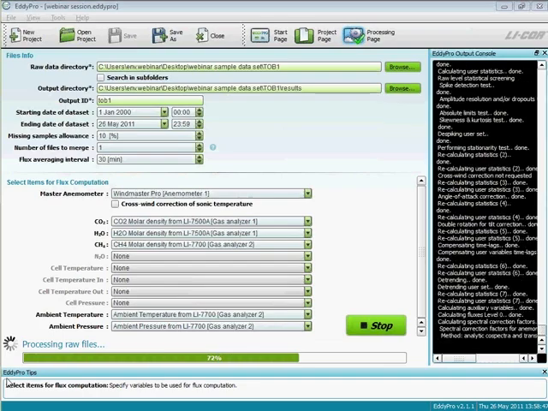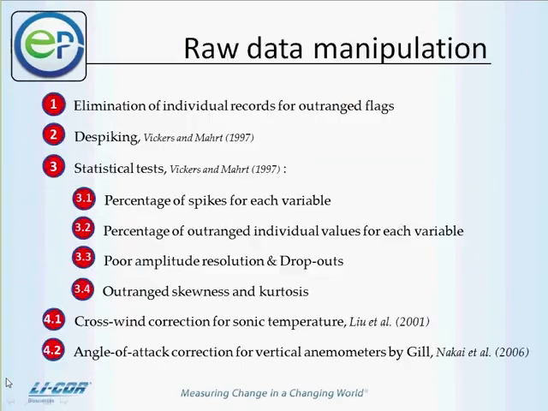Okay, here we are. I'm going to give you just an overview of how EddyPro processes data, how it handles the data and calculates fluxes and corrects fluxes. Okay, so as a first operation, after importing the data, the software checks if you defined a diagnostic flag in your raw data. If you did, the software will eliminate all the records that correspond to flags for poor quality. So at the end of this first step, you may find your data set a little bit shortened because some records have been eliminated